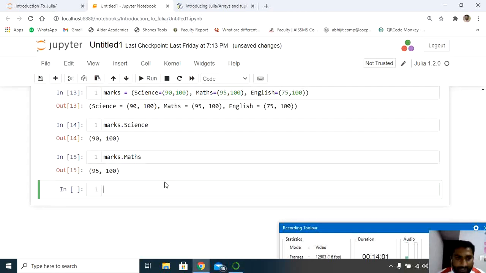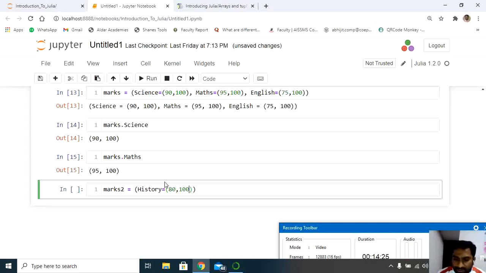In the same way, let's have another variable called marks2, and I'm going to add some more data. I'll add one more subject called history equals to, let us imagine the student has scored 18 out of 100.